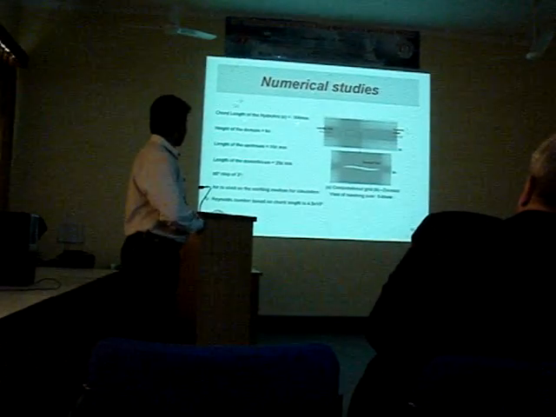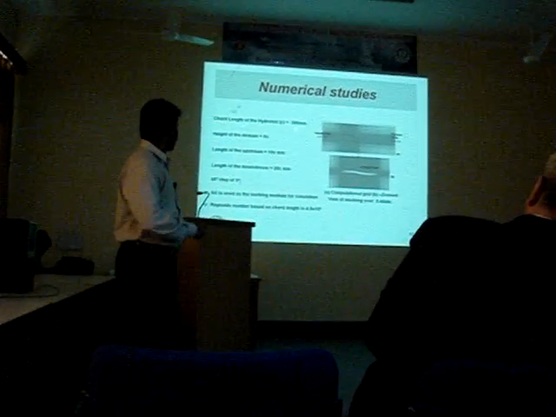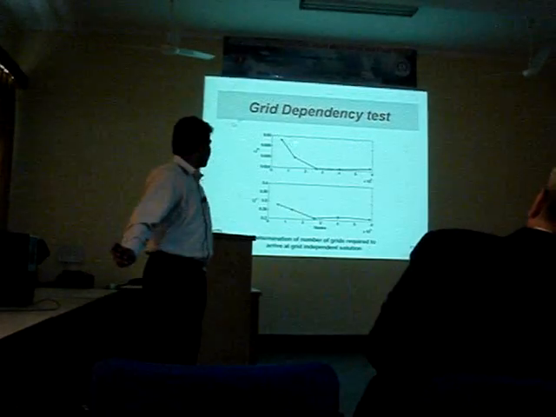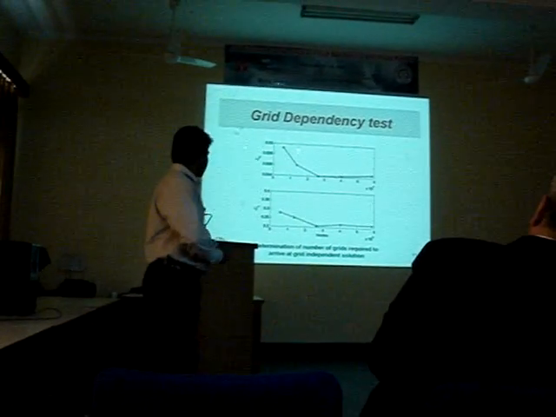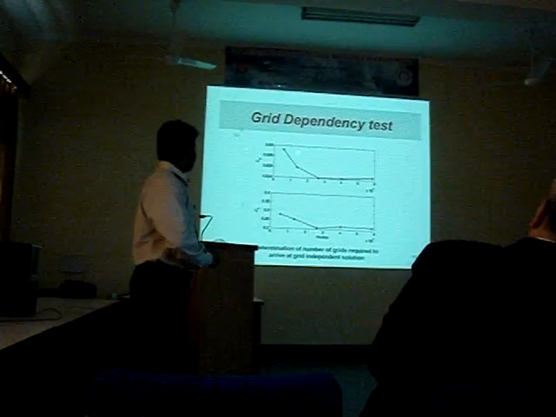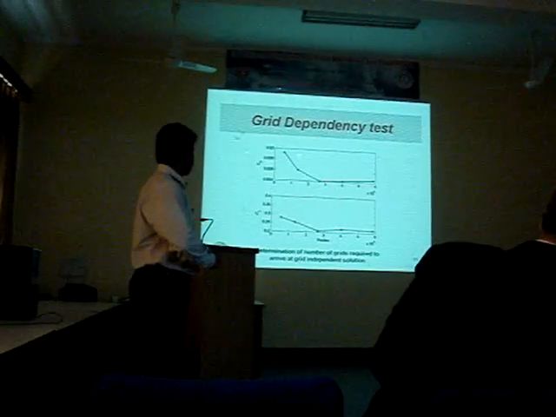We have done simulations at plus or minus 6 degrees in steps of 3 degrees. We use the RSM turbulence model, and the Mach number is 4.5. We have done a grid independence test. In this, we chose about 3 lakh nodes for our simulation based on the CD and CL sensitivity in this figure.